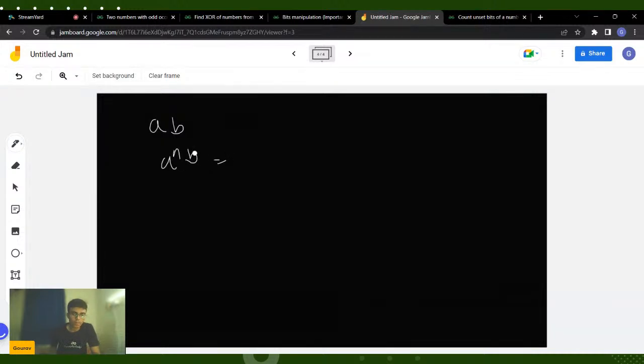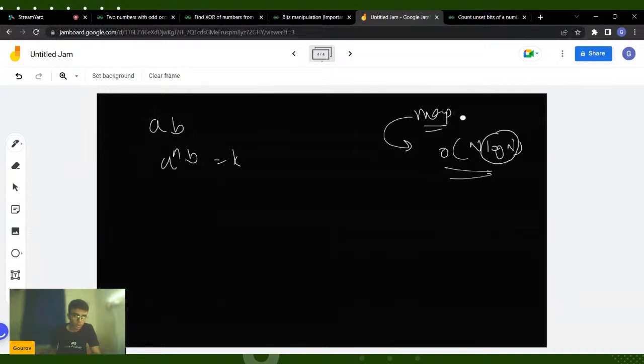This problem can also be solved in a brute force way, but since we are doing bit manipulation, we are taking care of doing it with the help of bits. The same problem can be done with the help of maps as well. You store all the elements in the map and increase the counter, and if the counter is odd, you just print that element, or that will be included in your answer. The time complexity of this approach will be big O of n log n, because you are implementing the concept with a map. That is why the log n part is coming.